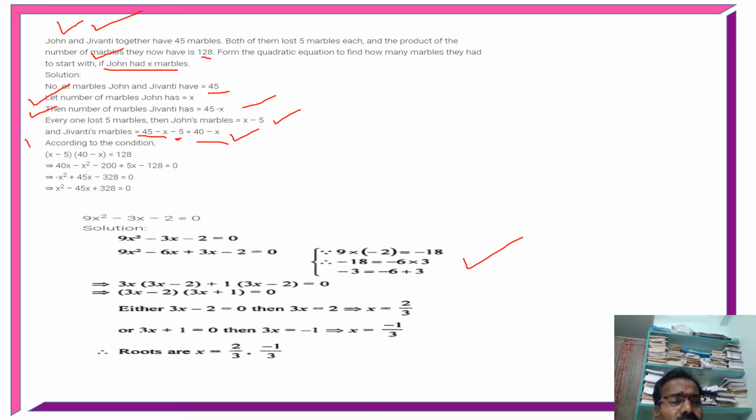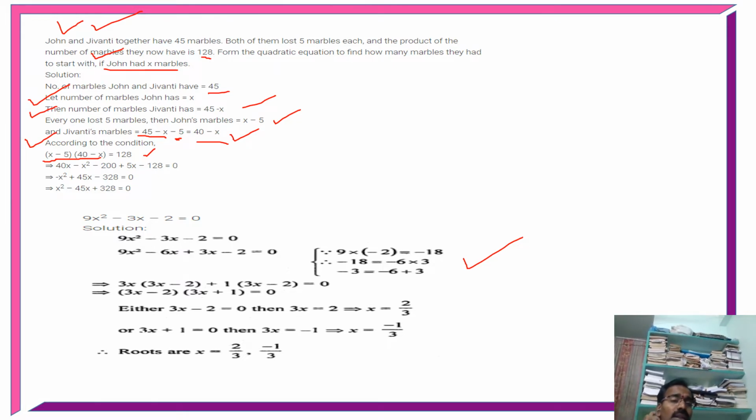But according to the condition of the problem, the product of the marbles with Jivanti and John after losing 5 marbles is 128. So x minus 5 into 40 minus x equals 128. And you know how to multiply this product of binomials from lower classes. You learn 40 into x, 40x, minus into plus, minus x square,